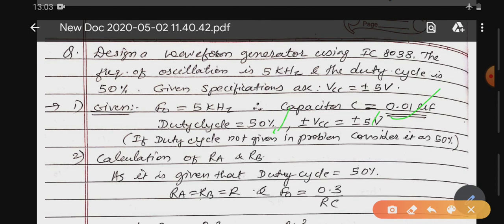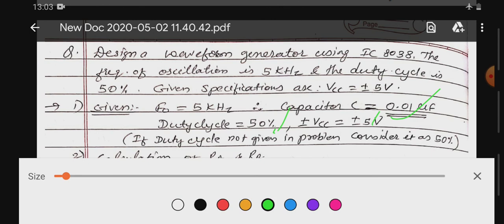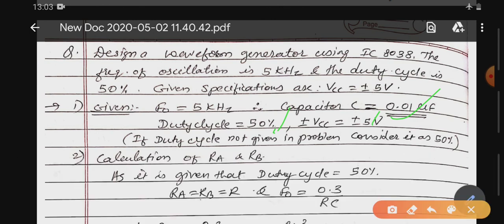Okay, so if the duty cycle is not given in the problem, you just assume it as 50%. Now, calculation of Ra and Rb. For a 50% duty cycle, we know that Ra is equal to Rb. Both the resistors have equal value for 50% duty cycle, just like we have solved in astable and monostable multivibrator. Okay, so as the duty cycle is given 50%, both the resistors have equal value, and the output frequency